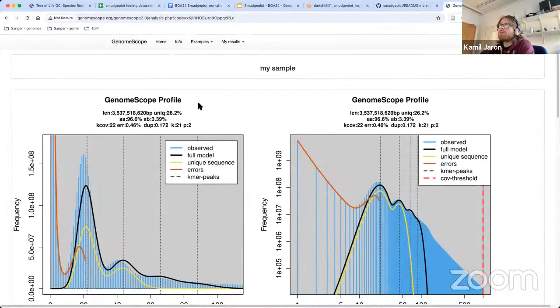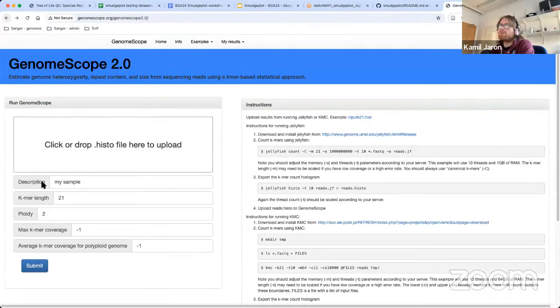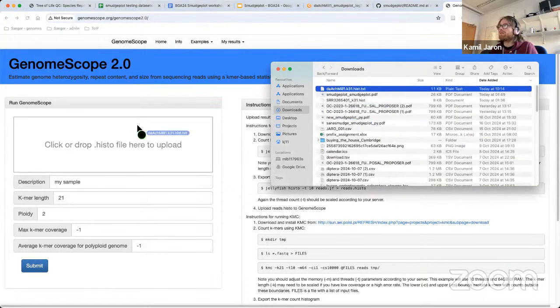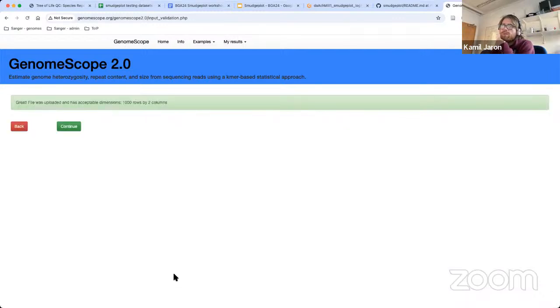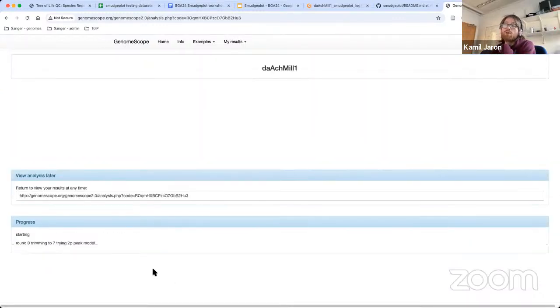So what I would do is just now go back to GenomeScope, find that file again, go size 6. That's not the camera reuse, that's 31. Good, give it a right name. We know that one of the coverages is 21, so it just has an easier time converging. You don't have to give it the prior, it will find something anyway. This time it will be fine, but it's nice to have the algorithm if you can.